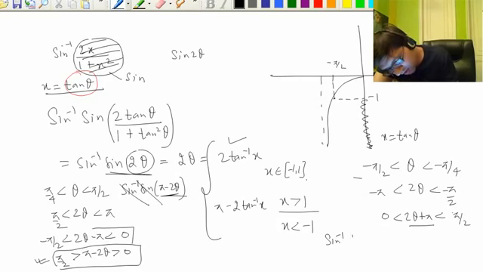So we say sine inverse sine 2 theta we can write as sine inverse sine of 2 pi plus 2 theta plus pi. If we are doing this, a minus sign will come outside. Minus we can take out, minus of sine inverse sine of 2 theta plus pi. This is principal value branch. Just now we have seen, we can cancel. It is minus pi minus 2 theta, and theta is tan inverse x.